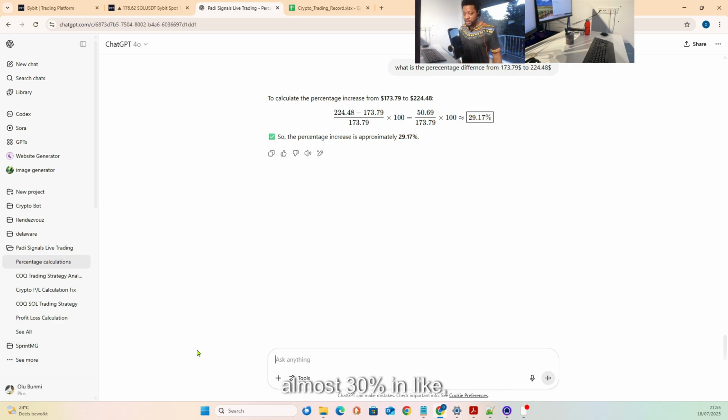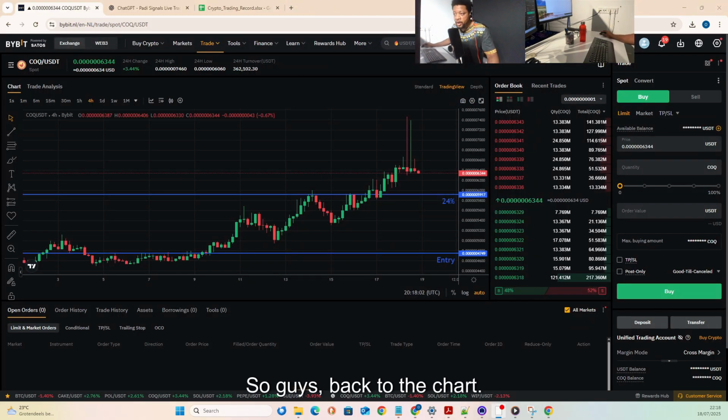Imagine this is almost 30% in like 2 weeks. I know, of course, it's the bull run, things are hotting up in the crypto, but that's always how it is. In traditional markets, it's not all the time the markets are moving. There are some times that things will be dull. So it's the same thing, but this time this is almost 30%, and I'm going to keep on trading. I'm going to keep on giving videos like this to see how far we can go with this money, with this $173 which I started. I want to really see how far I can go with it. You know. So guys, back to the chart.